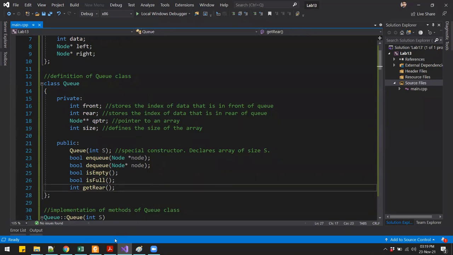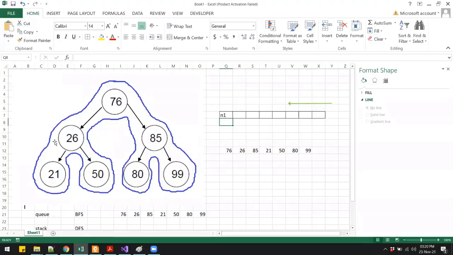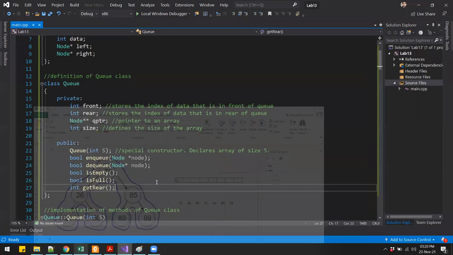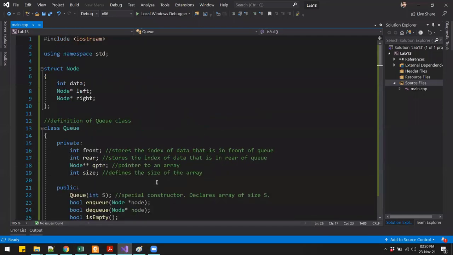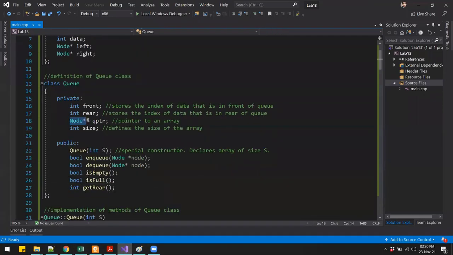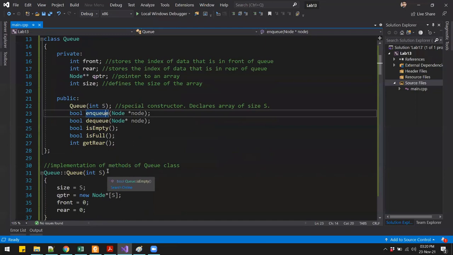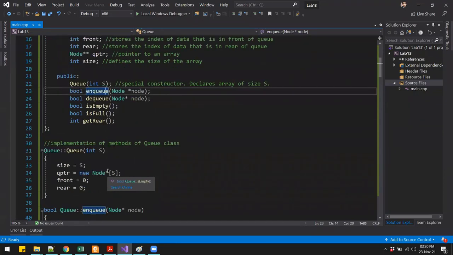Since each of our nodes is a pointer, we have to create an array of pointers, so basically a pointer of pointers, this double pointer symbol. So we are creating an array which can store these pointers.